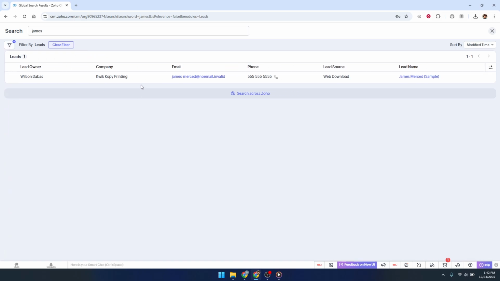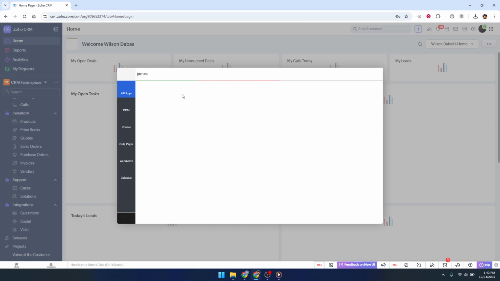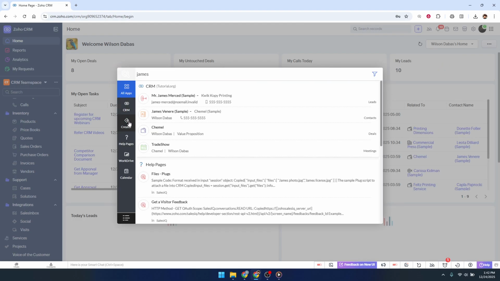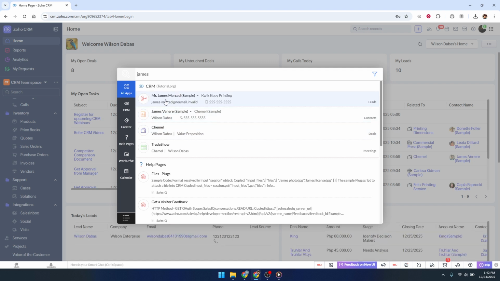If you don't see your lead in the initial set of results, don't worry. At the bottom of the search results panel, you'll find an option labeled View Advanced Search. Click this to open more detailed search settings. Here, you can apply additional filters and sorting options, such as filtering by lead status, owner, or other fields that are available in your CRM setup. Using advanced search is especially helpful when you have a large number of records and need to be more precise,